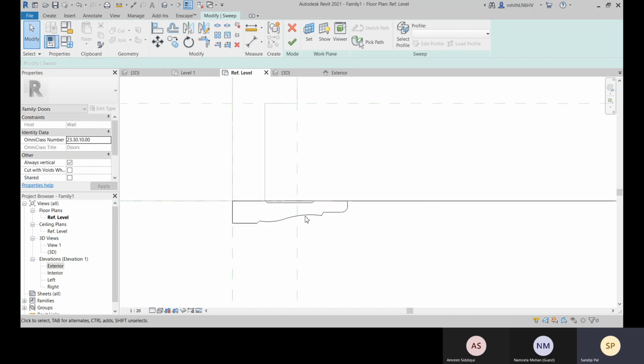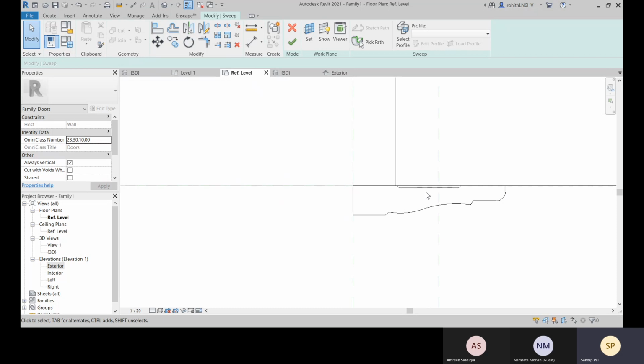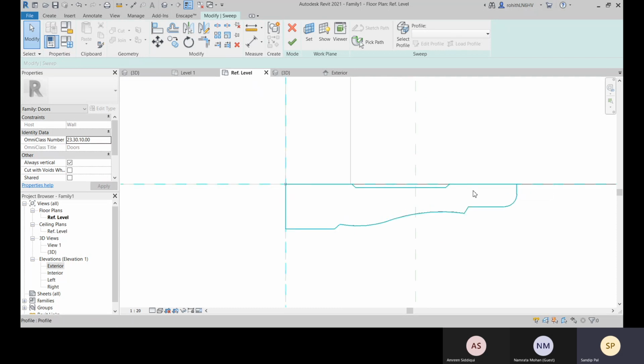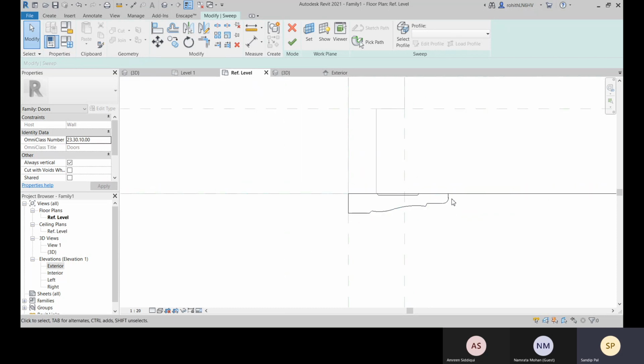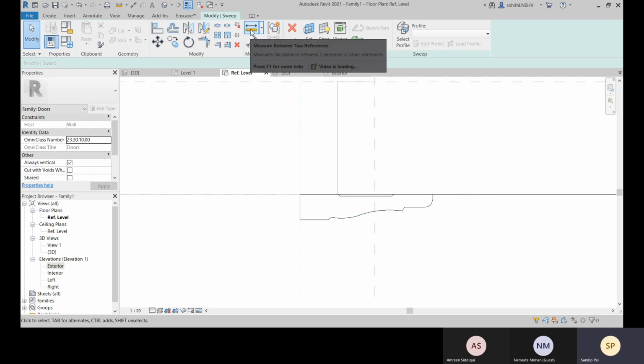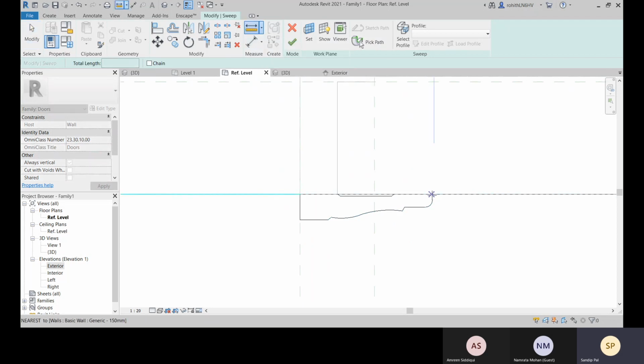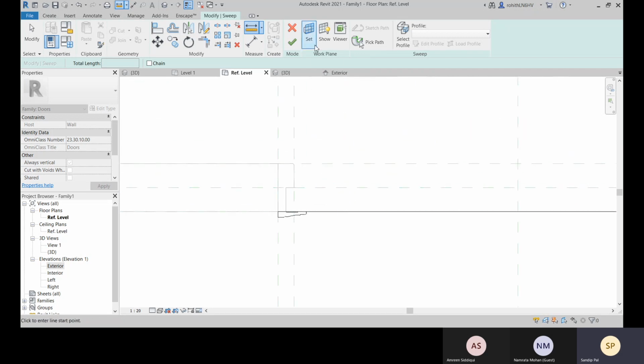Now let's change it from this position to this position. Here you can measure from this point to this point.